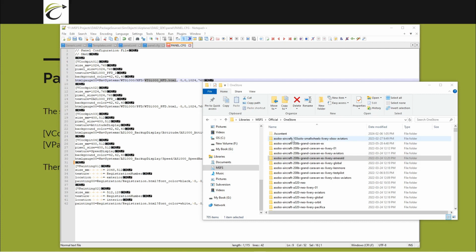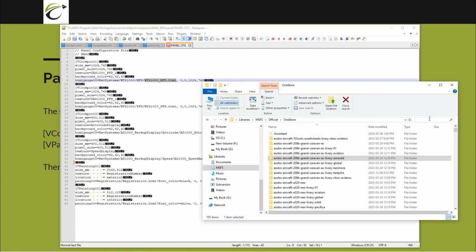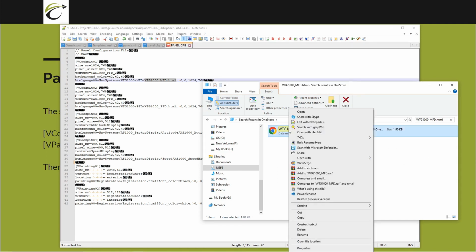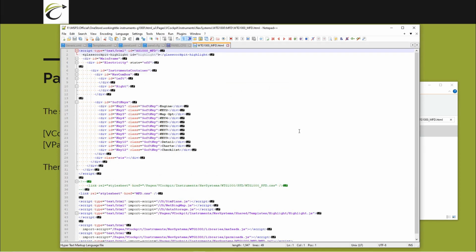So it's deep in the official folder. See if we can find it using file folder. There we are. If we open that in Notepad, we have an HTML file that, well, it's kind of difficult to explain if you don't know HTML. But just understand that these div sections or tags with IDs have certain